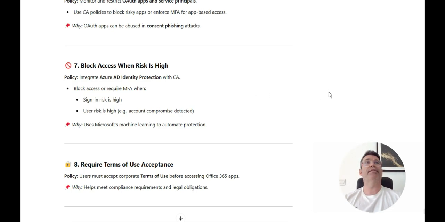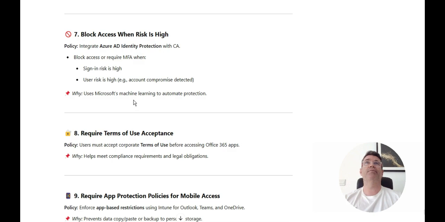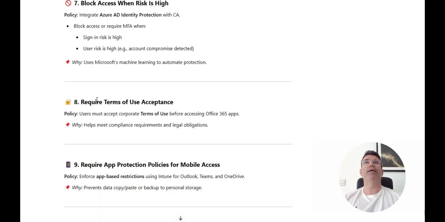So within your policy, there's certain settings where you can set it so block access or require MFA if Microsoft Azure detects that the risk is high, which is a very good option to have. They use Microsoft machine learning to automate the protection. Another setting is users must accept corporate terms of use before accessing Microsoft Office 365. So this is just an extra option if your company needs to meet compliance requirements and legal